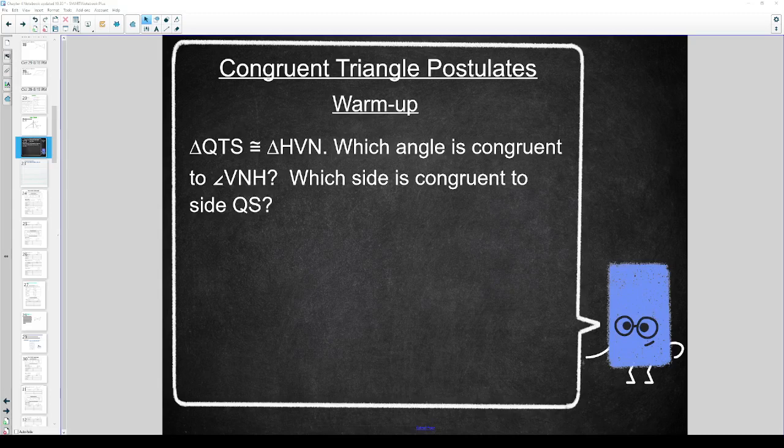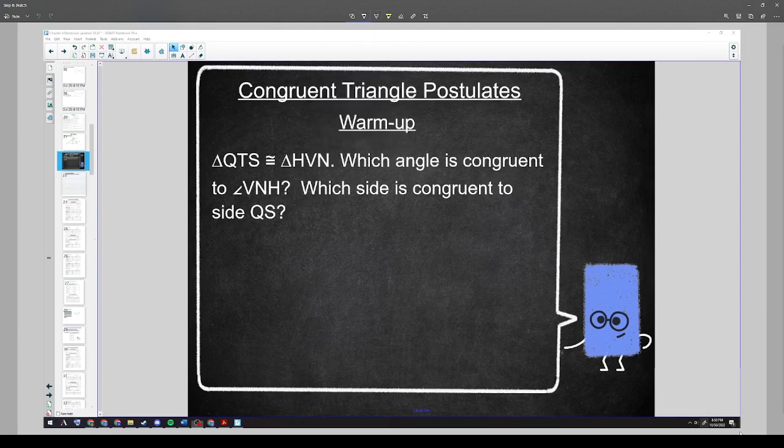Alright, so we've talked about congruent triangles and what can make triangles congruent, but today we're going to get into using those ideas in proofs. So we're using congruent triangle postulates, and we're going to start off with a reminder of congruent statements. So it says triangle QTS is congruent to triangle HVN, which angle is congruent to VNH, and which side is congruent to side QS. So that would be,